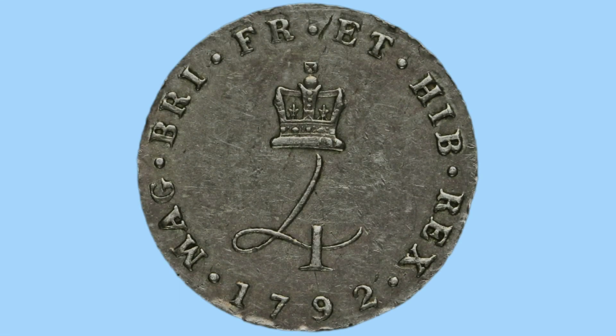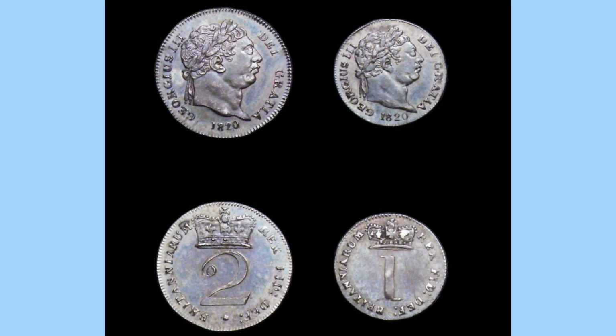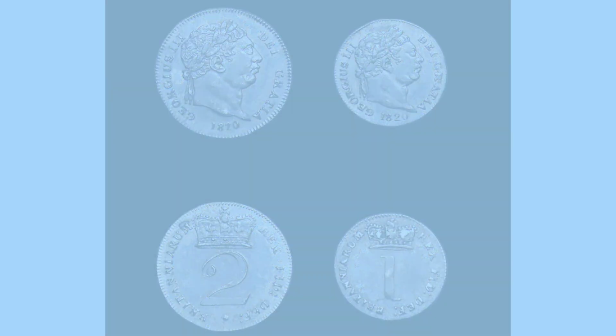If we zoom in here, we can see another change. The crown is once again on top of the number, but the date is no longer at the top. In fact, the date is at the bottom, meaning the legend goes right around past the top and not underneath the bottom. On screen now, we see the second issue Maundy coins of George III, and another big change has